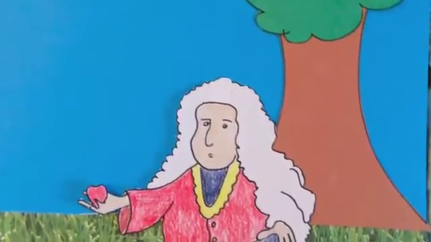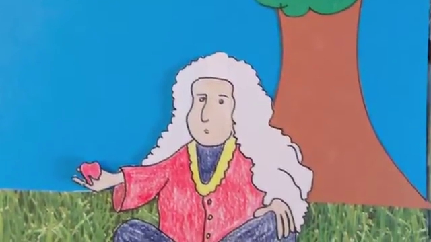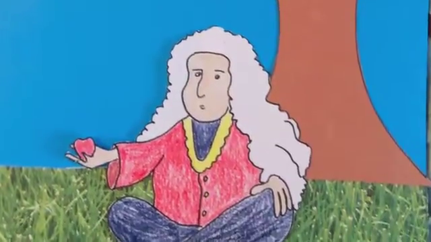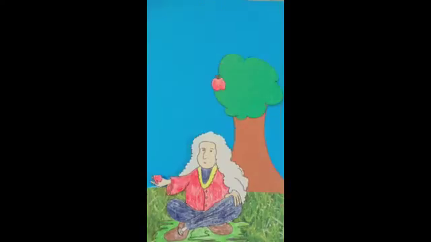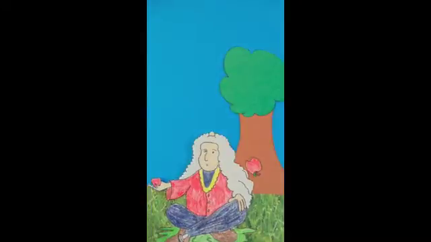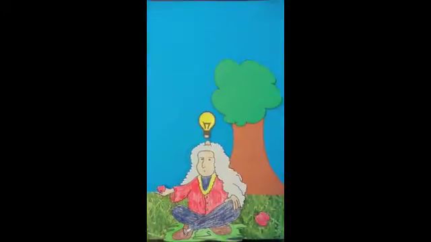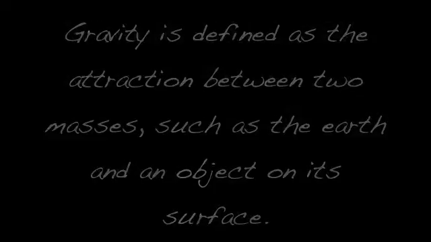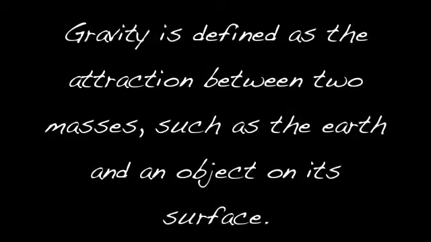He became interested in discovering this force one sunny afternoon when he was relaxing under an apple tree. After an apple fell from the tree and hit him in the head, Newton had an idea about what might cause things to fall to the ground. He called it gravity. Gravity is defined as the attraction between two masses, such as the Earth and an object